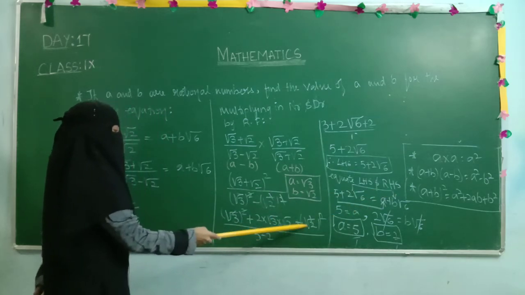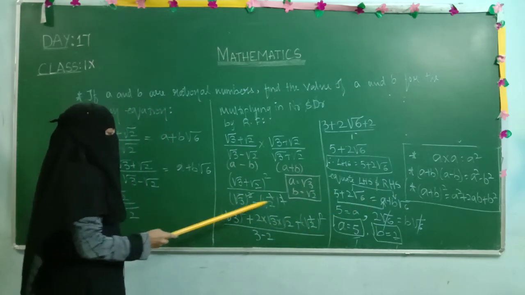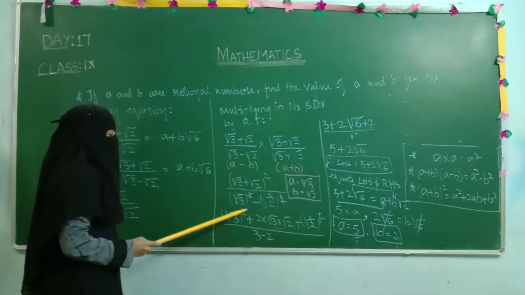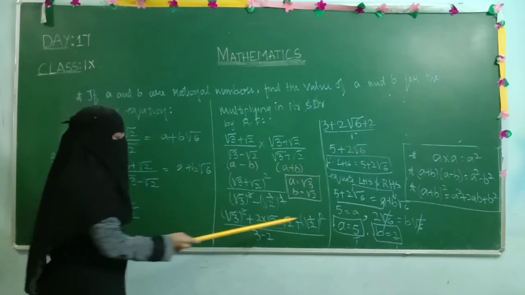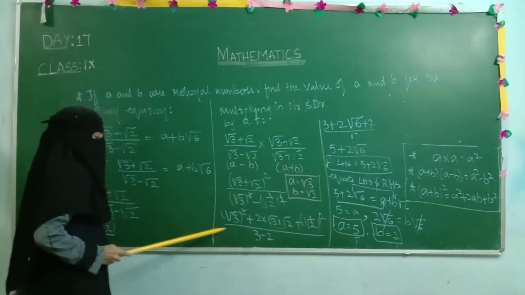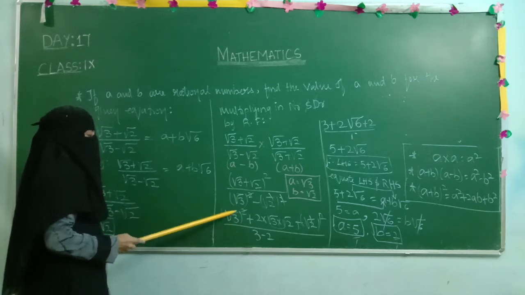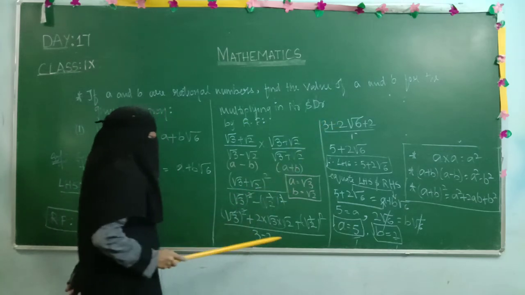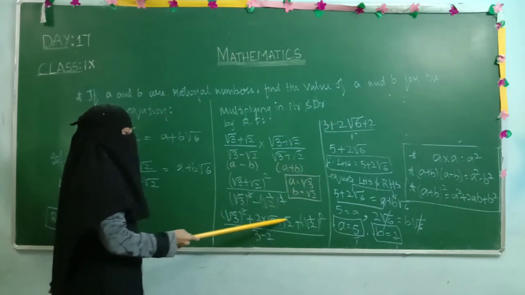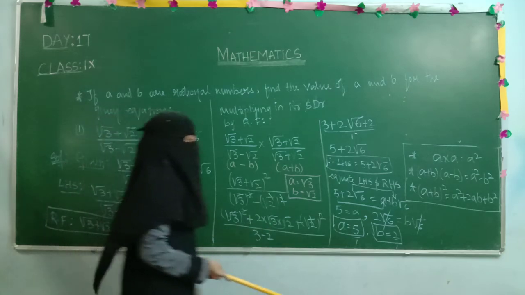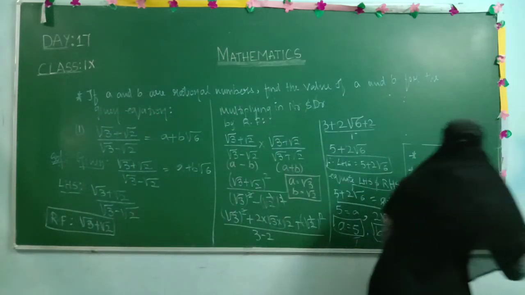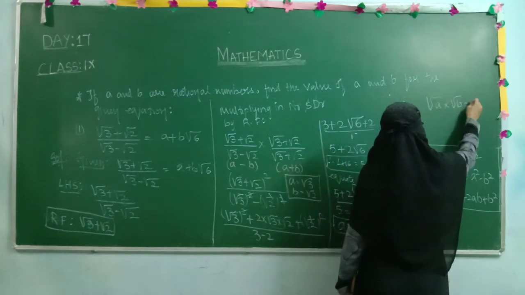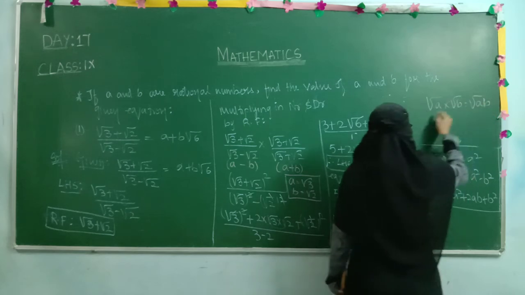So similarly b square substituting, this root and square got cancelled, here also they both are getting cancelled. So 3 minus 2 I have written. Now here also both square and root get cancelled. What is left out when they are getting cancelled? Only 3. So 3 I have written here, then plus 2 as it is. Now this is root a into root b. Root a into root b is nothing but root ab. Okay, like this. Root a into root b is equal to under root of ab.